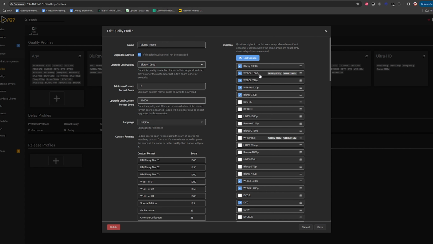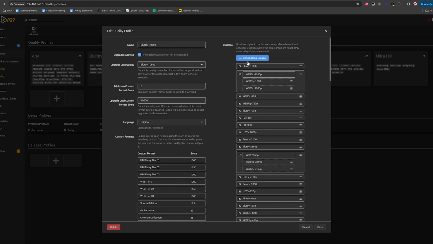Which means if there was a torrent and all the custom format was the same, the quality was the same, given the seeder count, it can happen. It might grab the WEBRip. So I had instances where I was grabbing the WEBRip, even though I know that there might be a WebDL, which is higher quality. So I don't consider these the same quality. I just don't. So I separate those out.